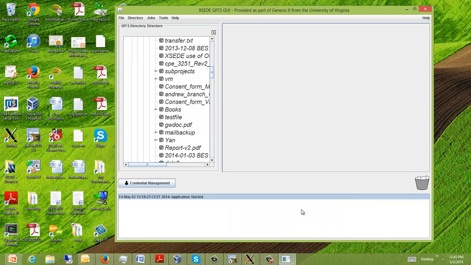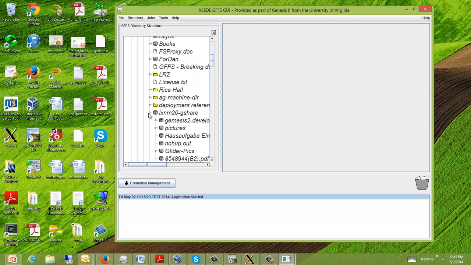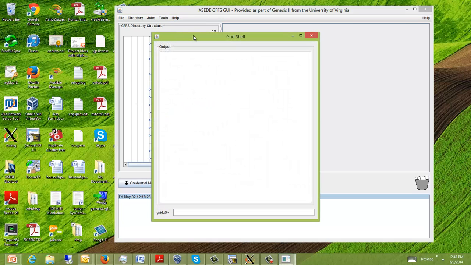Okay, so now let's say that what we want to do is use a command line tool. The command line tool is useful for scripting. It's useful for people who are just more used to using command tools instead of drag and drop, or where you want to be very precise about what you're going to do. We're going to open the grid shell here, and the grid shell